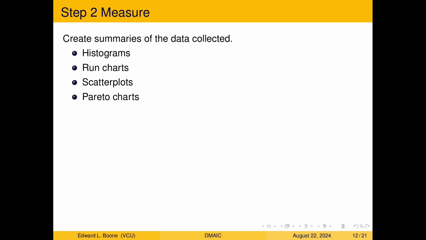You should also, in this time frame, create summaries of the data collected. You could do histograms, run charts, meaning like what we're going to talk about with the control charts, scatter plots, Pareto charts, and we'll talk more about these later. But the idea is you want to have evidence, and this is where you're building evidence. You've collected some data, you've measured some stuff, and now you want to see if that works along with